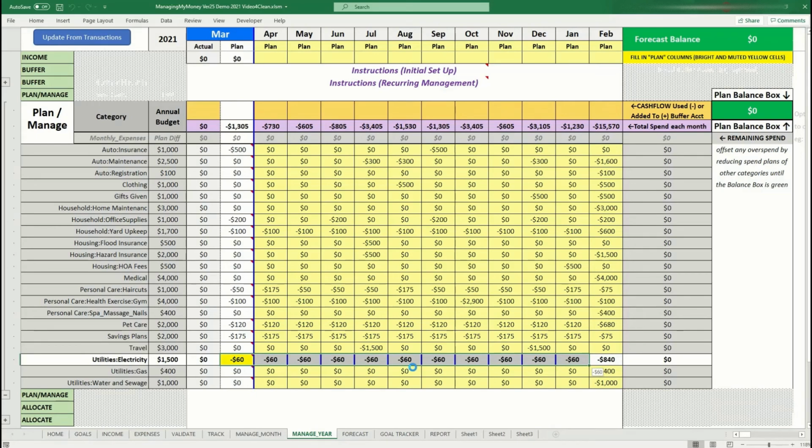And then what I'm going to do is I'm going to say, okay, I'm going to increase it because I know it goes up over the summer. So I'm going to say 80, then 150, then 200. And I'm going to say, okay, 200 for a few months, say until September, till the worst of the summer's over. And then I'll wrap it back down to 150. So you can see that this is a kind of a thing that would be a bit harder to manage in a monthly